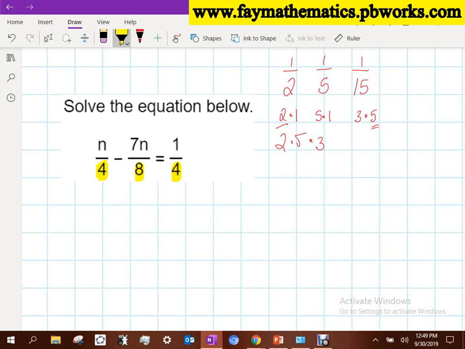So they all become the same number. I can make them all turn into 8 through easy multiplication, right? Okay? So 8 is my least common denominator. We're always looking for the smallest number that I can make them all grow to. Okay? And that's called the LCD. The reason I want to find that is because I want to multiply everything up there by 8. And the reason for doing that is to avoid really having to do a lot of work with fractions. If I can multiply these all by 8,